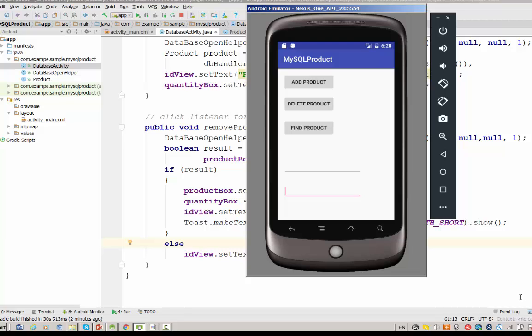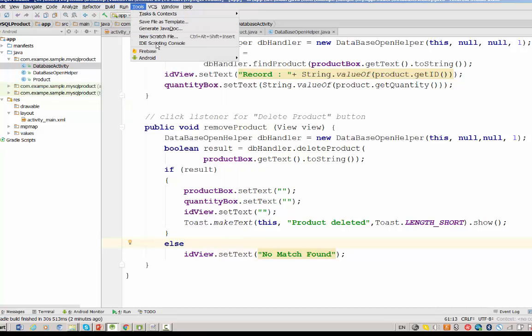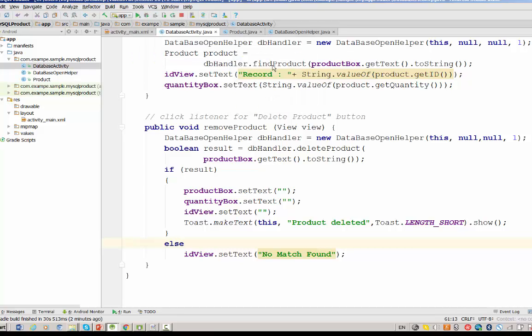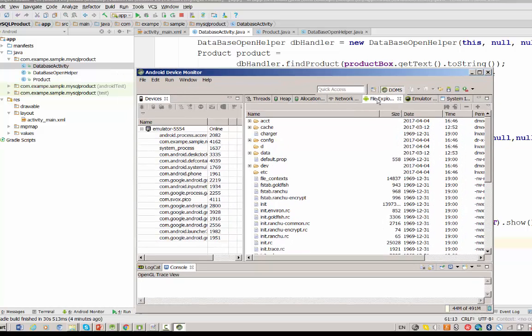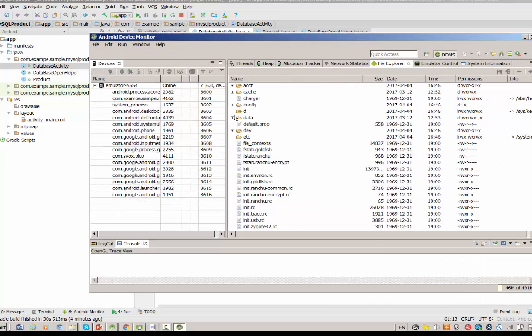And the last piece I would like to show you is where to find the application on the device memory. So I have to run Tools, Android Device Monitor. I want right now to go to the file explorer and find the database SQLite file. So where is the location of this file? Data,